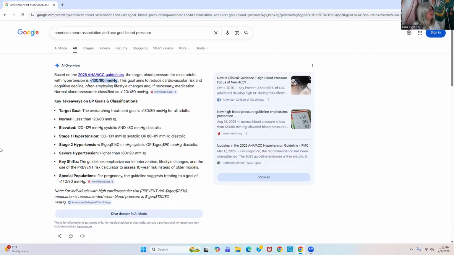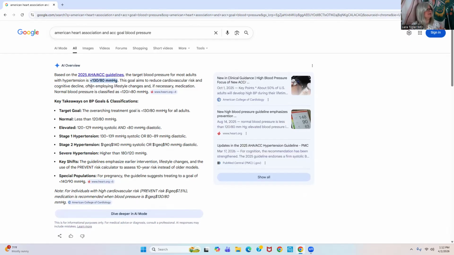So I wanted to point out the 2025 AHA-ACC guidelines. That's the American Heart Association and the American College of Cardiology. I myself, my professional society is AAFP, American Academy of Family Physicians, and I'm up to date with my review in that area, and we are beginning to fall in line. All of the professional societies haven't fallen in line yet, but we're getting there.